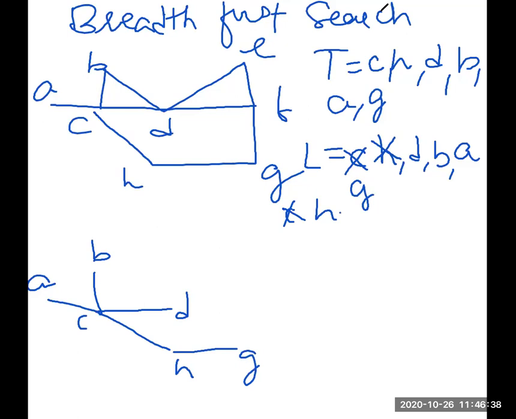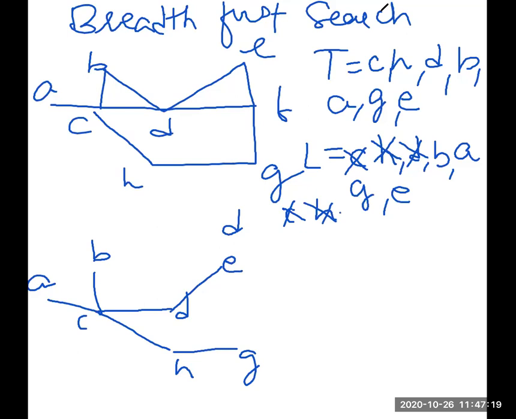It is D. So delete D from the list. Now D becomes the current vertex. Explore the adjacent vertices of D. So D has the adjacent vertex, let's say E. Whether E is in L? No. Whether E is in T? No. So add E to L, add E to T, and add the edge D to E. Look for any other adjacent vertex to D. Yes, F is there.